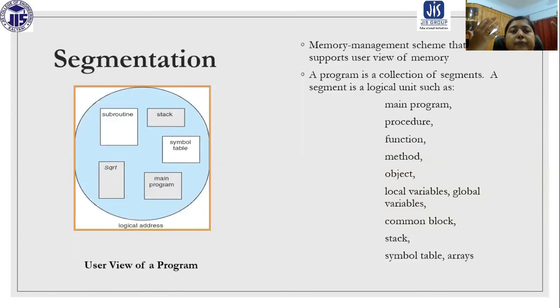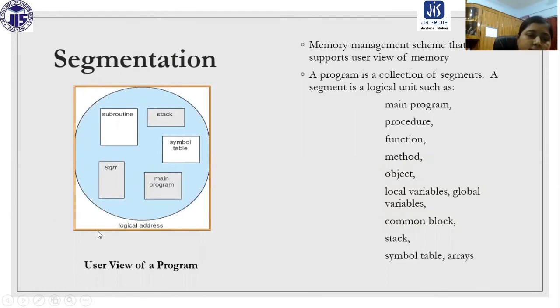They are not going to view the computer as a collection of tables like this. They are going to visualize the computer like this: a large hole in which some portion of the program is stored somewhere, another portion is stored somewhere else. So it is not fixed size. Basically, segmentation is going to allow the user perception.